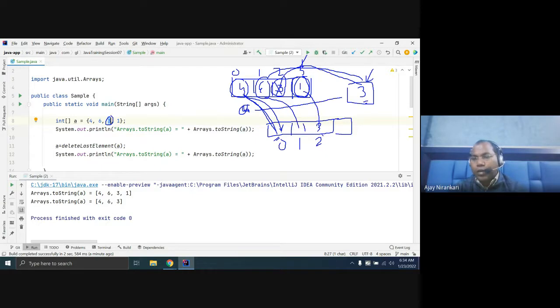So our 3 position data, you have to copy to the 2 position. So this is the logic you have to think. Here your I loop will become 3, but you do not want to store at the 3 position; instead you want to store it at the 2 position.